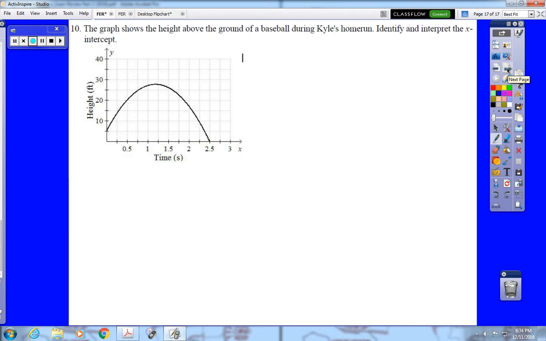And finally, number 10, this is the last problem on the second page. This graph shows the height above ground of a baseball during Kyle's home run. It asks you to identify and interpret the x-intercept. So the x-intercept is where it crosses the x-axis. It's that point right there. So the x-intercept is the point